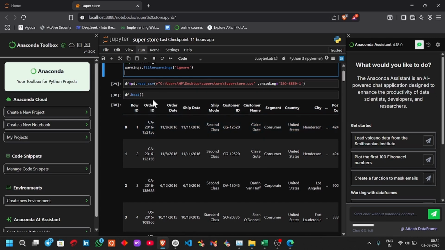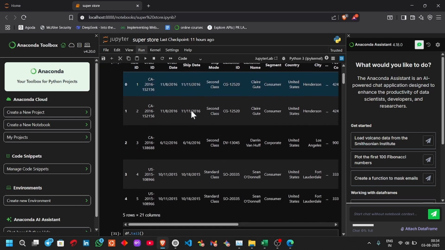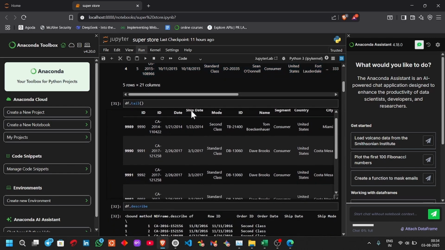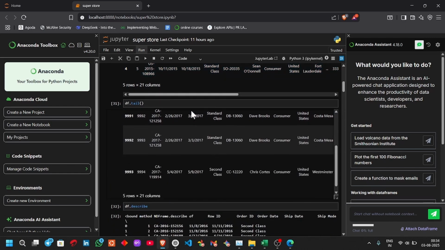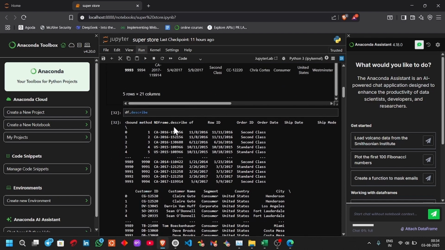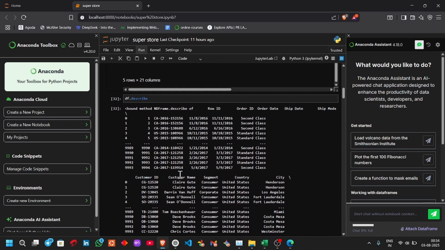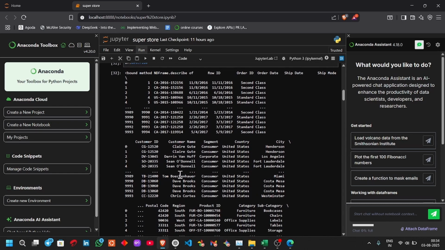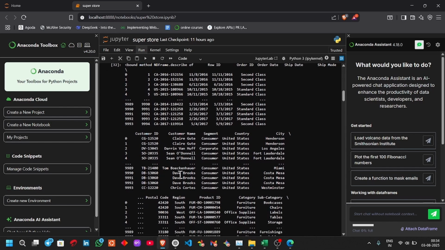So first I am using df.head to print the first 5 rows of the dataset, and tail for the last 5 rows of the dataset. And I'm going to understand the dataset using the describe command. The df.describe command is used to provide in-depth detail about the data,